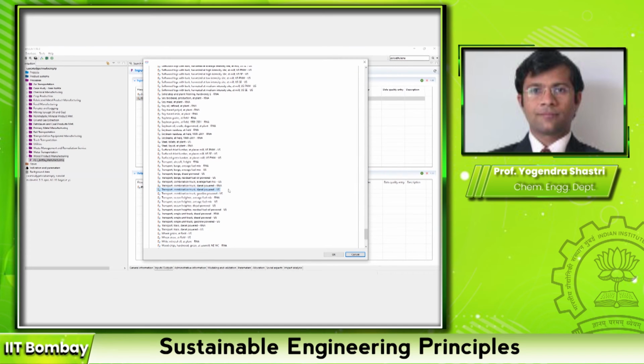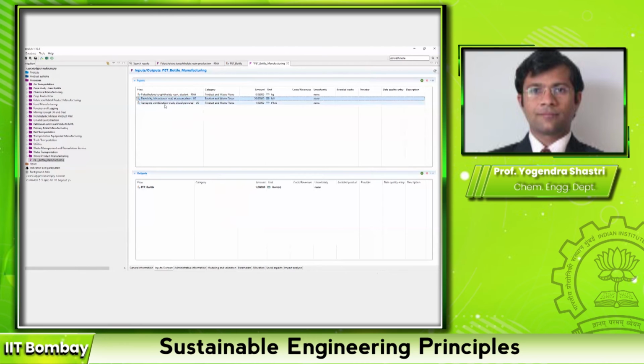As I told you, it's an operation that we are doing. It's not a physical flow. Transportation is not really a physical flow into the system, but it's an input to the system. It's a service that is provided. That's why it's a product flow. Okay, so I will click on this. I'll click OK. And it appears as an input to the system.